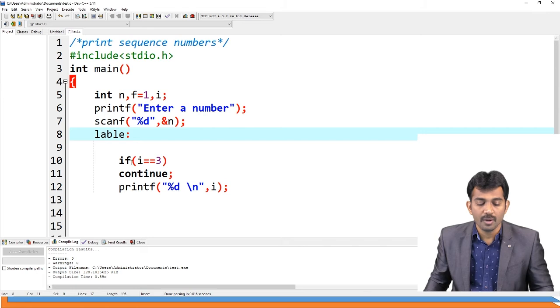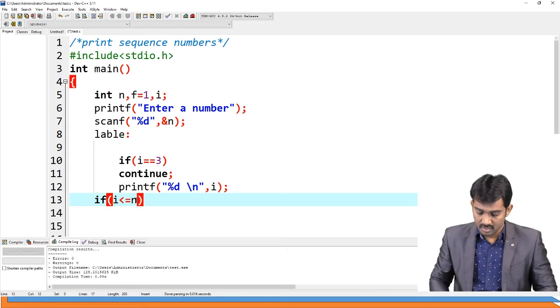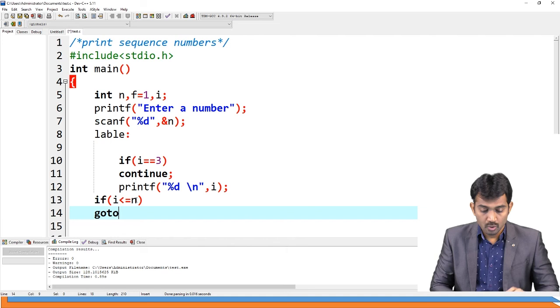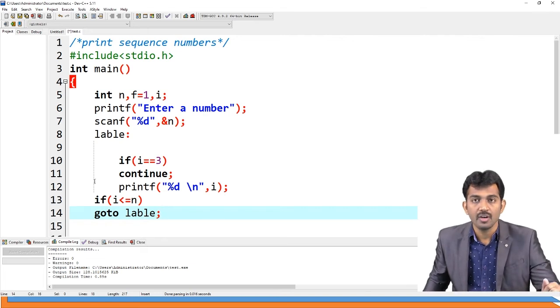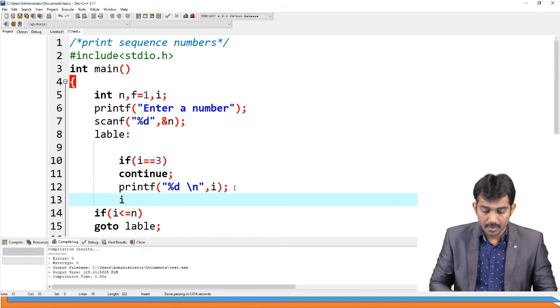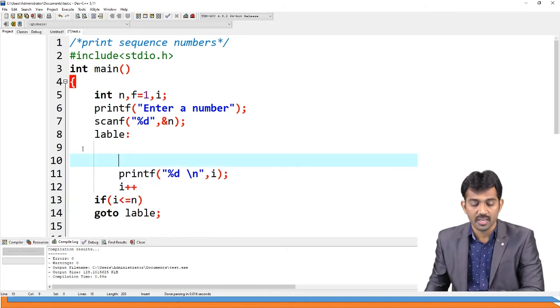When you run this program, here I write: if i is less than or equal to n, then I should write goto label. Here I need to write i plus plus, right? So we don't have a continue here. Let us see how it will work.